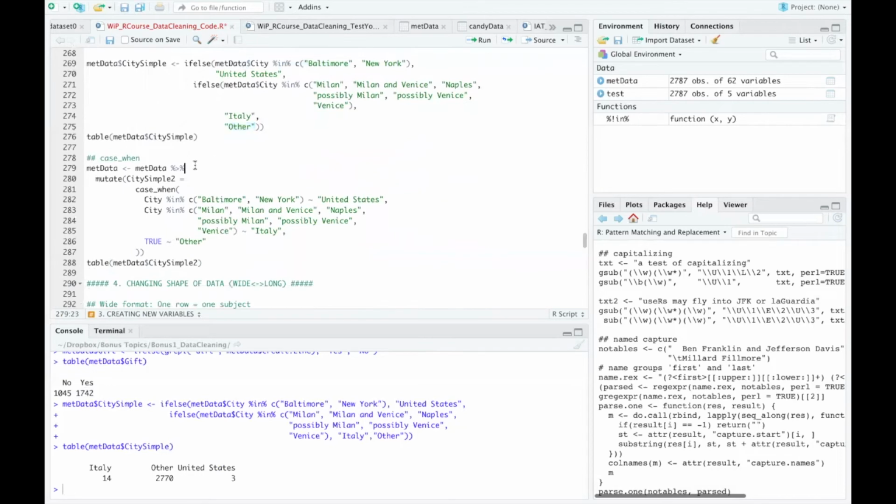Okay. One of my most favorite functions in R is case when. So it's another way to make these simplified variables. So here what we're doing is we're using mutate, which can create a variable. We're creating this city simple variable, which basically says if city is in Baltimore or New York, we're going to